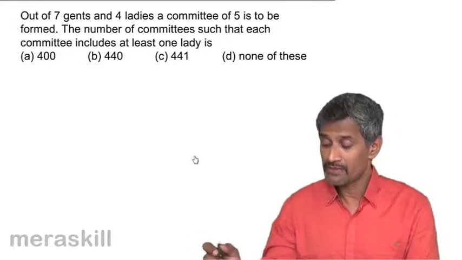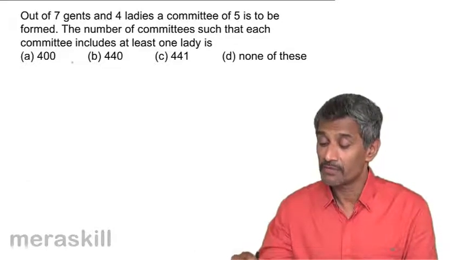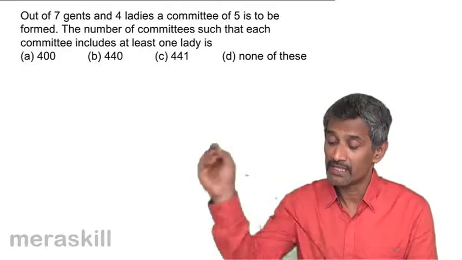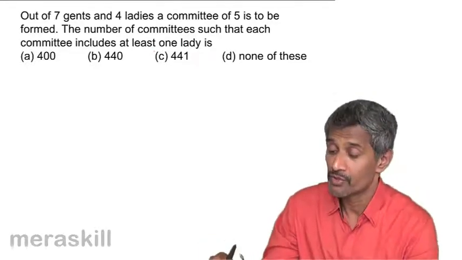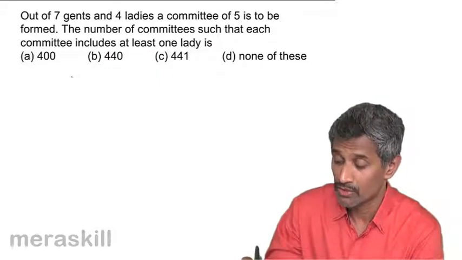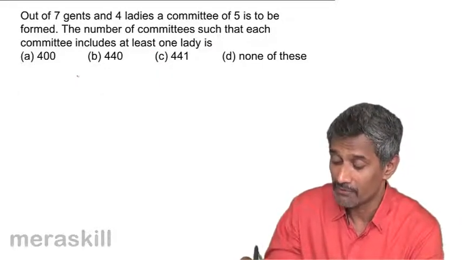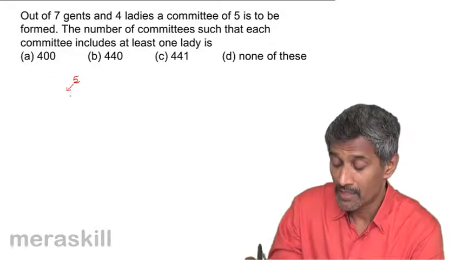Now here we have a case wherein out of 7 gents and 4 ladies, a committee of 5 is to be formed. The condition is that each committee includes at least 1 lady. So there are 4 possibilities. Totally, a committee of 5 could be formed, which could mean it could be